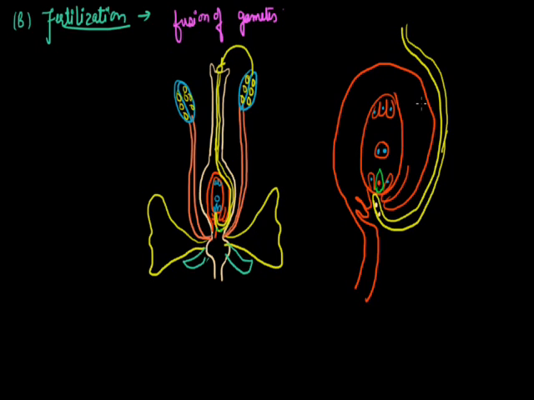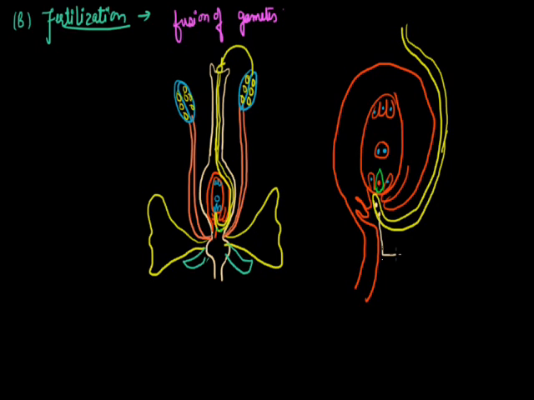Now how fertilization takes place, we know very well this is the structure of an ovule where three cells found towards the chalazal end are called antipodal cells. The lower three cells, which are found towards the micropylar end, form the egg apparatus here, while the cell found in the middle of the ovule is the central cell that contains two nuclei, two polar nuclei. Now what happens?